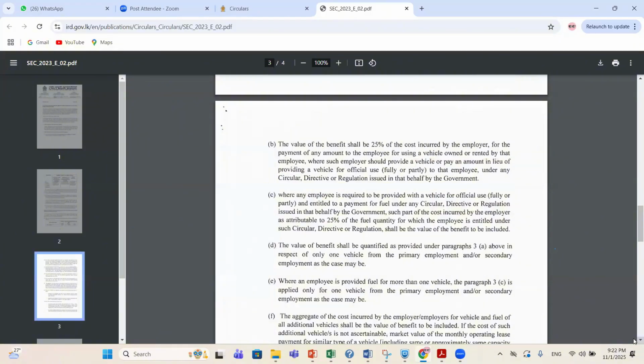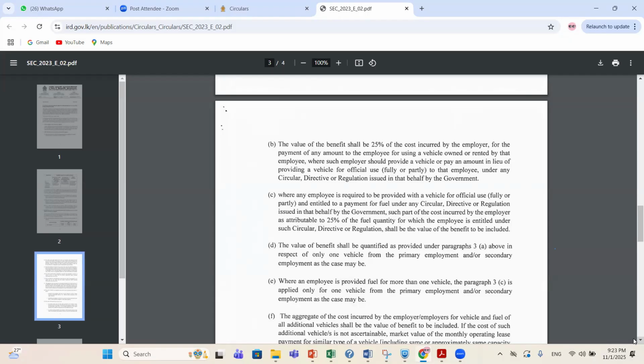Part B: the value of benefit shall be 25% of the cost incurred by the employer for the payment of any amount to the employee for using a vehicle owned or rented by that employee, where such employer should provide a vehicle or pay an amount in lieu of providing a vehicle for official use, fully or partly, to that employee, under any circular, directive, or regulation issued in that behalf by the government.